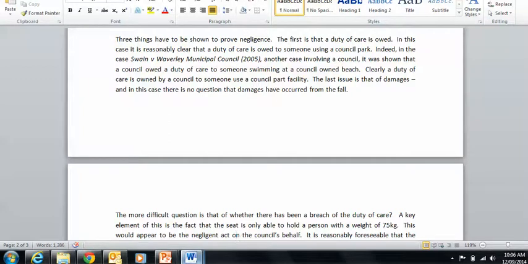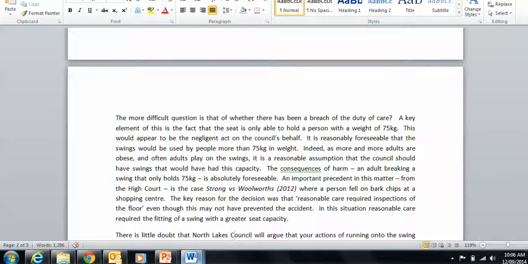So now we get to be excited about the more difficult element. Has there been a breach of a duty of care? And this comes to the 75 kilogram weight. This would appear to be the negligent act, in my opinion, on the council's part. It is reasonably foreseeable that the swings will be used by people more than 75 kilos in weight. We see people playing on swings with their kids all the time. Indeed, as more and more adults are obese, and often adults play on the swings, it's a reasonable assumption that council should have swings that would have had this capacity. The consequences of harm, an adult breaking a swing that only holds 75 kilograms, is absolutely foreseeable,